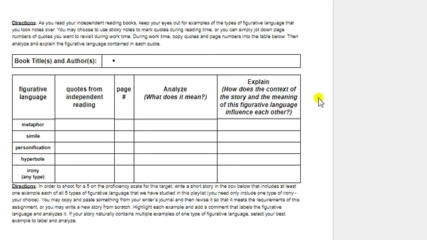Now, you have to find all of the different types that we're studying somewhere, and maybe you're at the end of a book because you're all at different places in your books. So maybe you're able to find hyperbole in the book you're currently reading, but then you pick up your next book because you always move on to the next book, and that's where you find the rest of these. That's fine. So you're just going to make sure you list more than one author there.